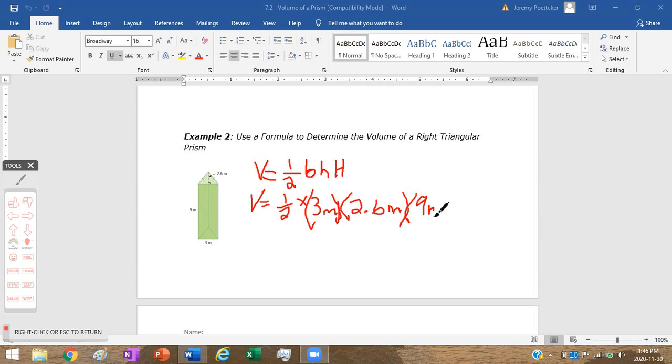Alright, this one a little bit tougher to do in my head, so I'm going to use a calculator. First thing I guess we have to remember, how do we change that 1/2 into a fraction? No, the 1/2 is a fraction. Let's turn it into a decimal instead. And we're going to have 0.5. Right, 1 divided by 2 gives me 0.5. Also, that is one you should just know, that 1/2 is 0.5. So 0.5 times 3 times 2.6 times 9, and we get 35.1